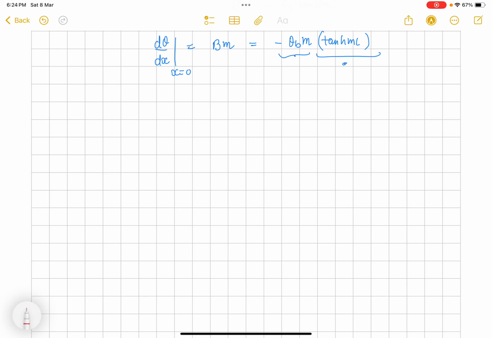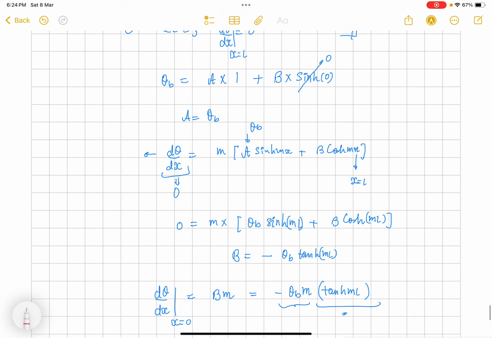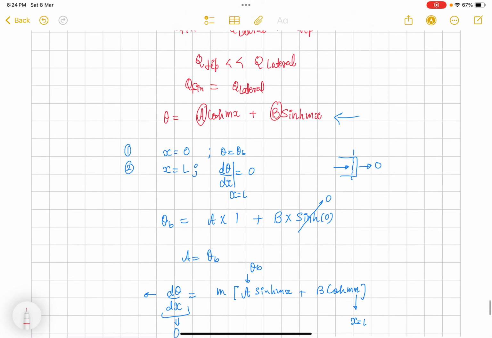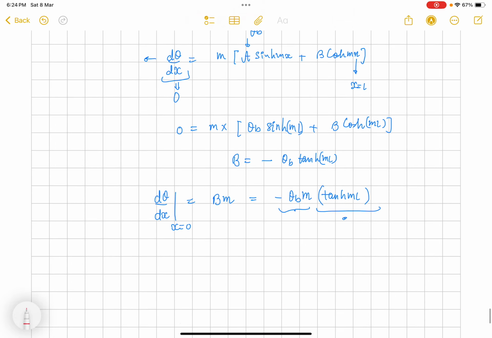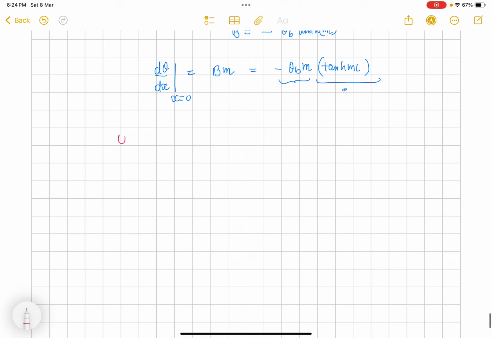So if we put a and b values in this equation, after simplification, which you can try yourself, theta is equal to theta b times cos hyperbolic ml minus mx divided by cos hyperbolic ml,